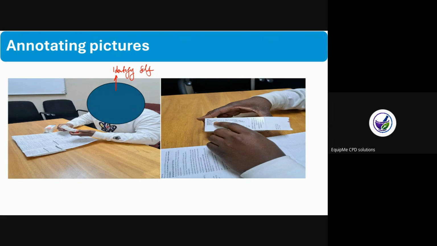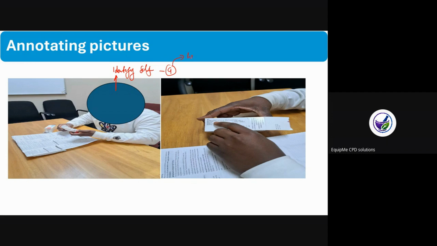Sometimes when you take evidence, take a video of the evidence so that you can come back and take screenshots of what you wanted to show. So let's say here I want to tell the assessor about behavior statement G of domain 2.2, which is applying language, verbal and non-verbal cues. So I am remembering what the behavior statement requires of me. Behavior statement G is about language, verbal and non-verbal cues.